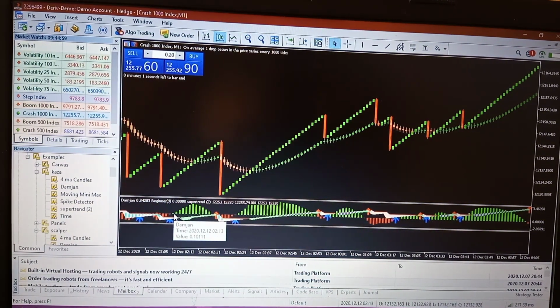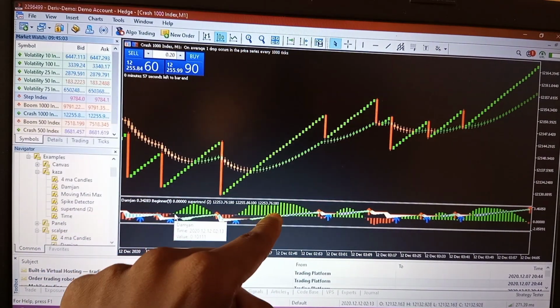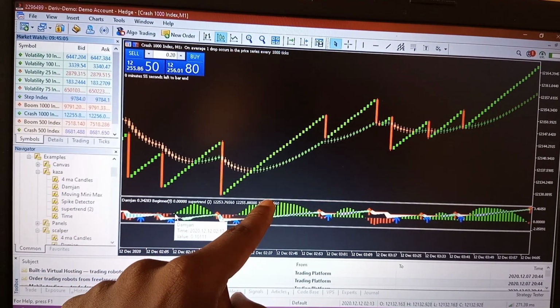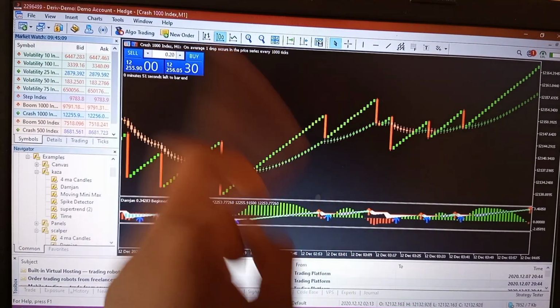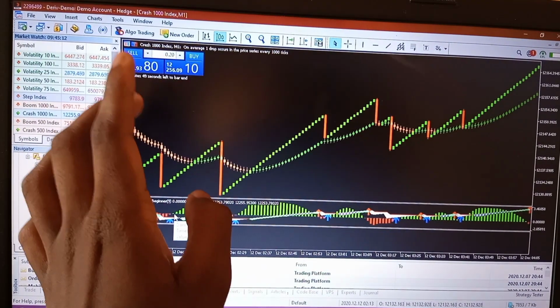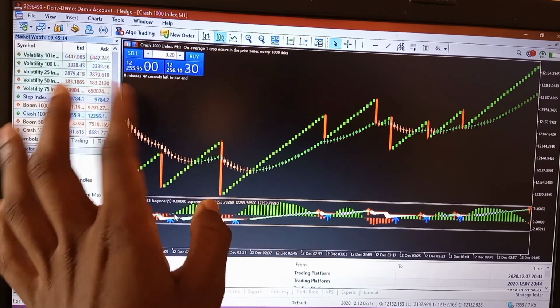So in short, what the downtrend indicator does is that when green bars are increasing, it means an uptrend. When you see some red bars in the downtrend, it means that it crashed. So for example, if you place trades,